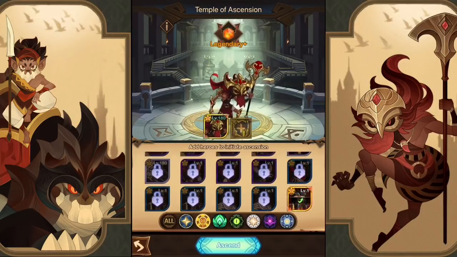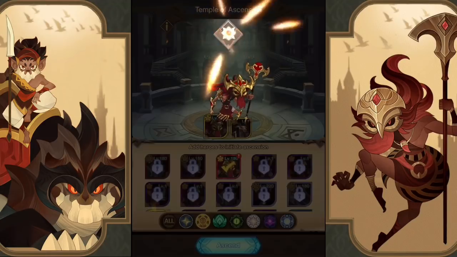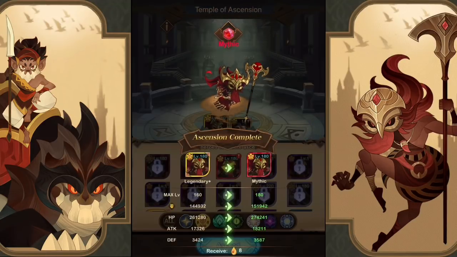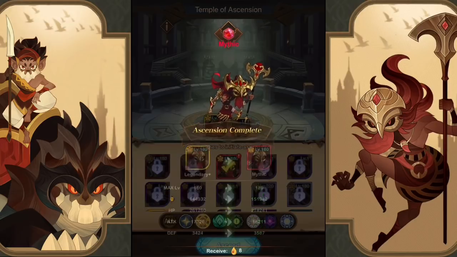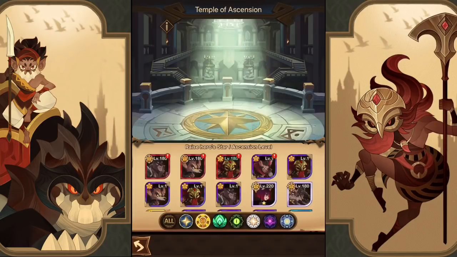And I believe it's going to be for Numisu. Numisu is going to be the next one we're going to get up because that will unlock the signature item of everyone in the team at this point. So we have 2 Ascended, we have 3 Mythic, and we do have enough copies to get him to Ascended. We just need 1 more fodder, which I think,